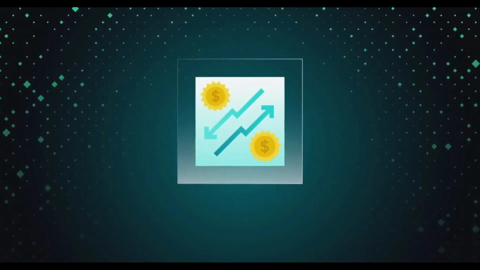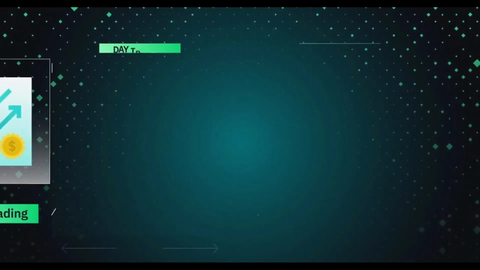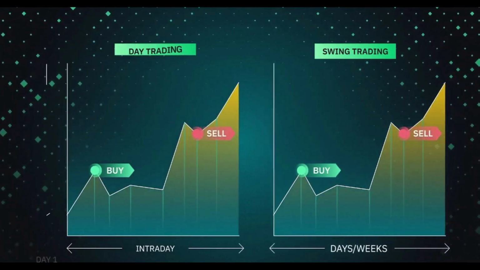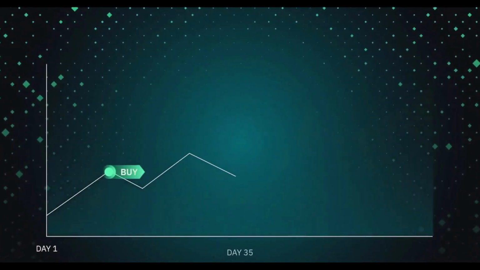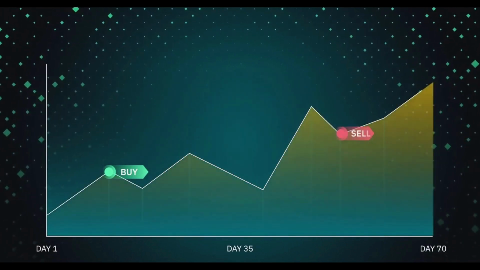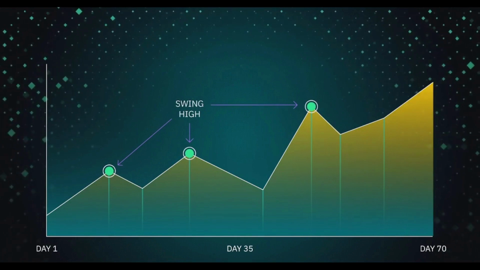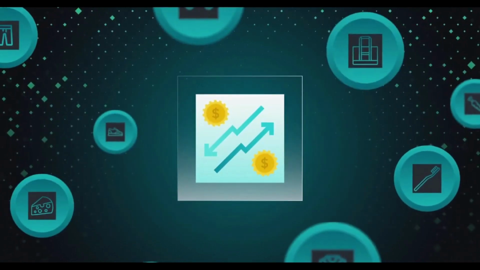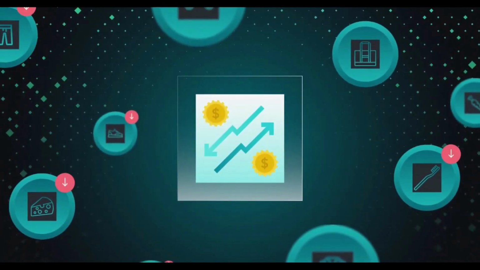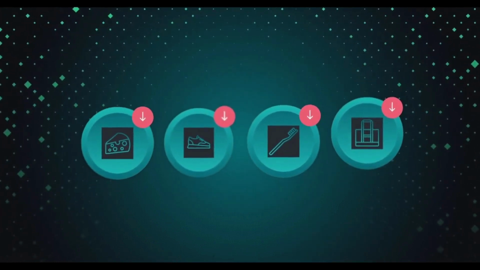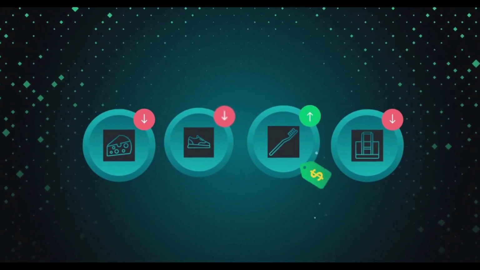Next, let's get into the basics of swing trading. It has some similarities with day trading, but works on a longer time frame. Positions are usually held anywhere from a couple of days to a couple of months. The goal here is to profit from larger swings in price. Your goal as a swing trader is to identify assets that could be undervalued and are likely to increase in price. In this case, you would purchase this asset and sell it when the price rises to generate a profit.